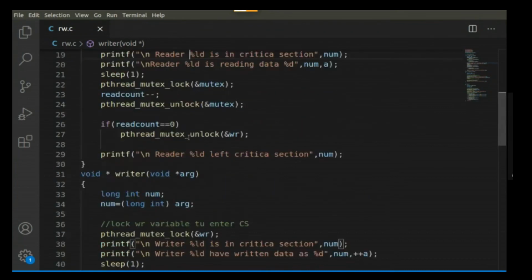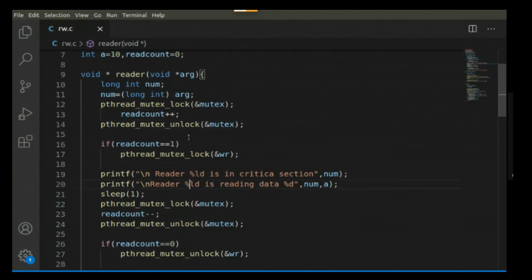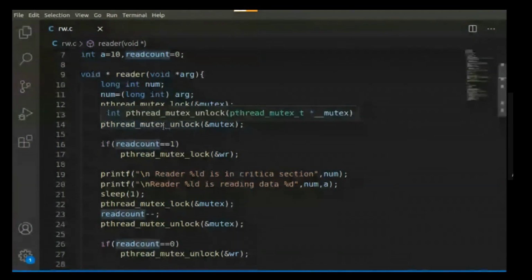In the reader's routine, multiple readers can be allowed to enter the critical section at the same time. So that's why we are keeping track of the number of readers in the critical section with the variable read count. Okay, so here a reader wants to enter the critical section. So first we are incrementing the value of read count. And this read count is again a shared variable among different readers. So for that we are locking and unlocking that shared variable. Once a thread wants to increment the value, he will lock the read count variable, and whenever he is leaving, he will unlock that variable.